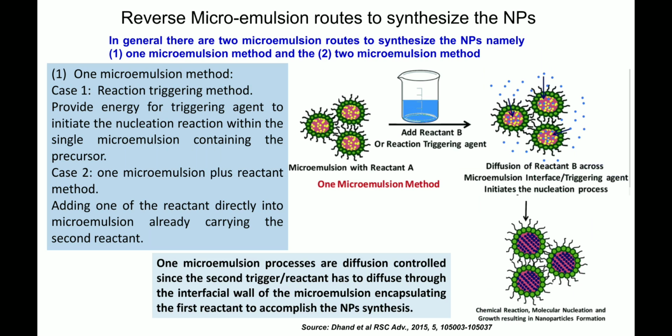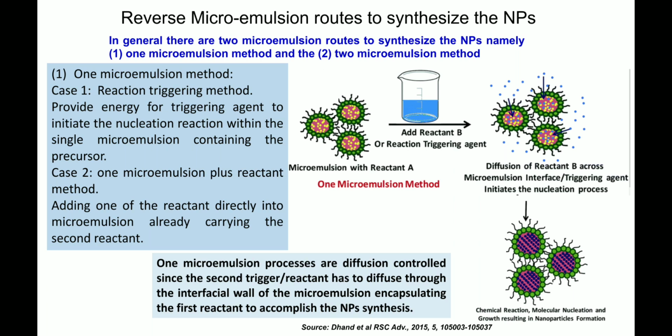Now this is an important slide, because now you have understood what a micelle is, what the different types of micelle are, what the difference between microemulsion and macroemulsion is, what the phase diagram of the micelle is, and what the types and packing parameter of micelles are. Now once you understand the micelle, we are interested in the synthesis of nanomaterials. How we can use these micelles for the synthesis of nanomaterials is what we are trying to understand in this slide.